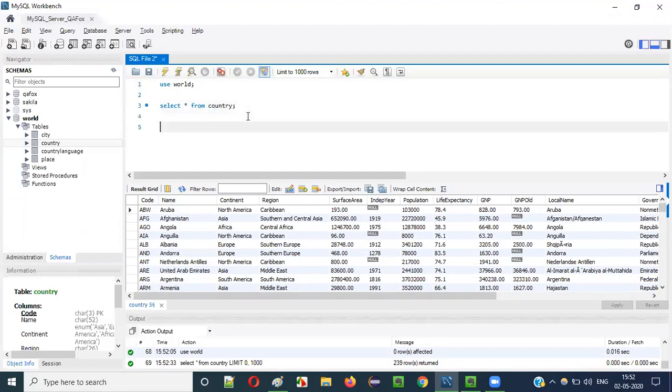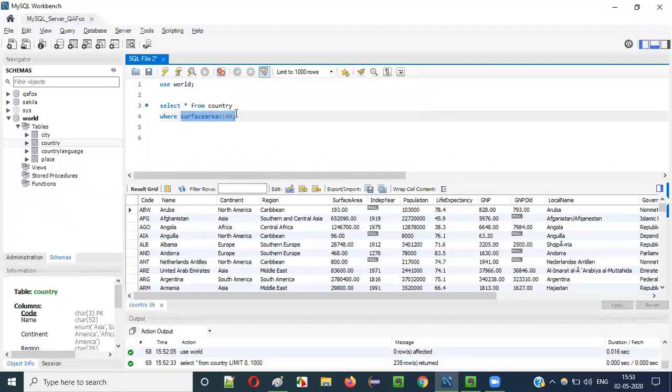Fine. Next thing is, I would like to use where clause now. In this SQL statement, I would like to use where clause. Select star from country where surface area is greater than 100. Here some country has a surface area as 193, some country has 65,000, 6,52,000, and some other country has 96, 468, 800 like that, right? I would like to have the countries list filtered according to the surface area. All the countries who have the surface area greater than 100 should be displayed.